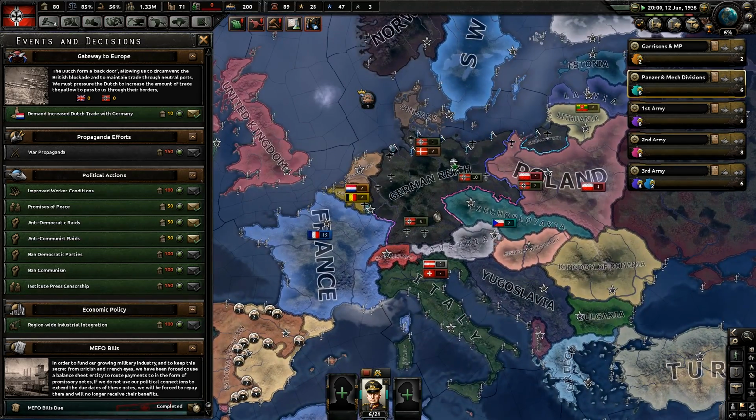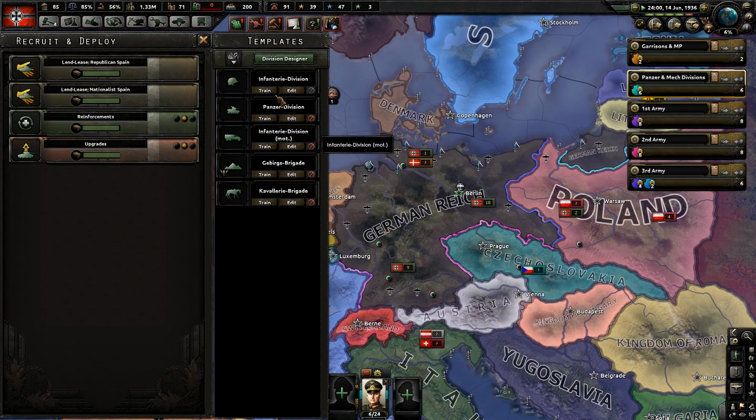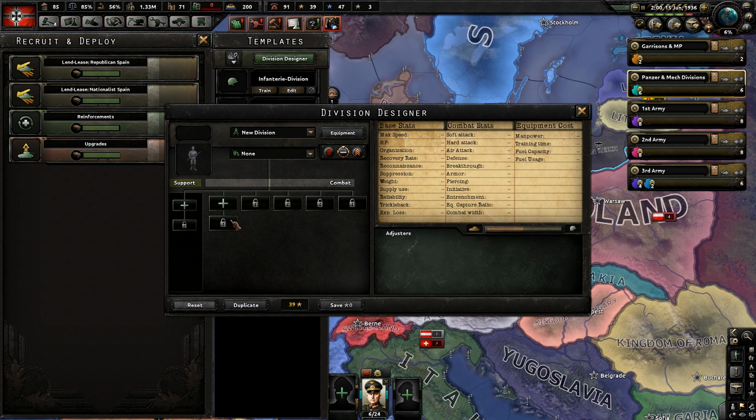Oops. Did not mean to zoom out. And then we're going to start popping out 2 width divisions here in a little bit. Actually, I'll go ahead and make the template for that right now. Infantry battalion. Spam. Now, the reason we're doing this is so later on we can just keep a very tiny army and then just very rapidly...